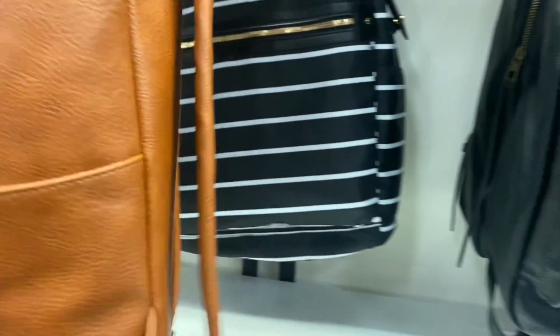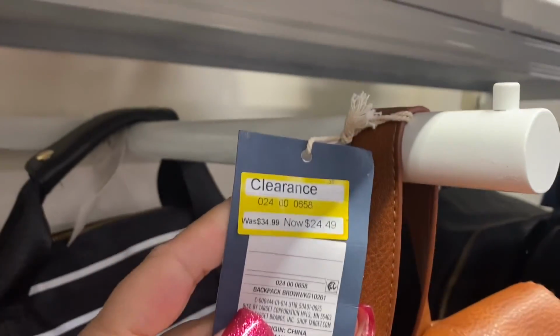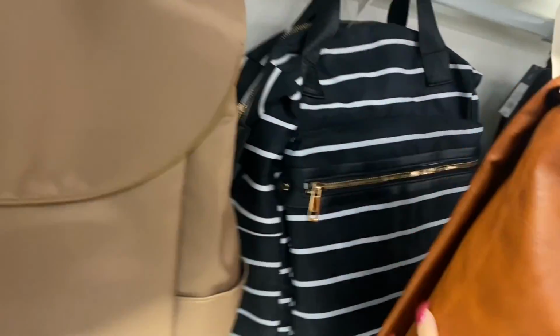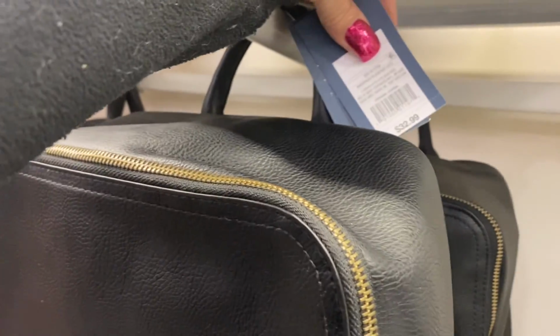So let's see. This backpack here is pretty big. Okay, Universal Threads. Oh, that's on clearance, $24.49. See that? Isn't that nice? It's a nice size backpack. And I'm liking that black one. So that one is by A New Day, and that's $29.99. And this black one here is